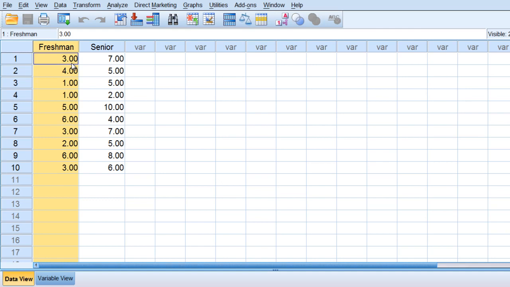And their responses could range from 1 to 10, where 1 indicated they were not at all open to using e-texts, where 10 indicated they were very much open to using e-texts in the classroom. And then in their senior year, they were asked the same question again. And the question here in this hypothetical example is, do people's opinions change towards using e-texts from their freshman to